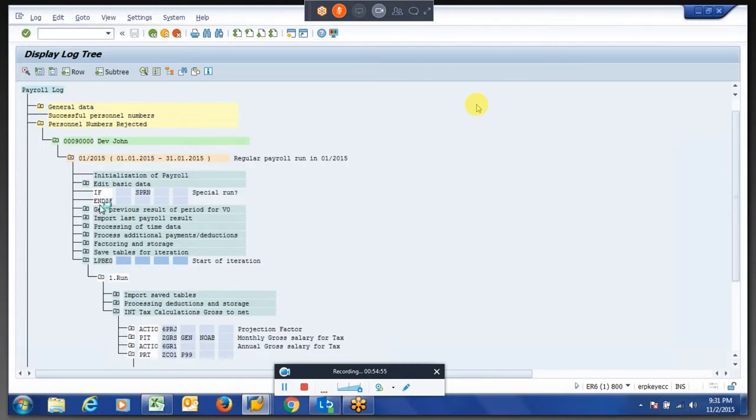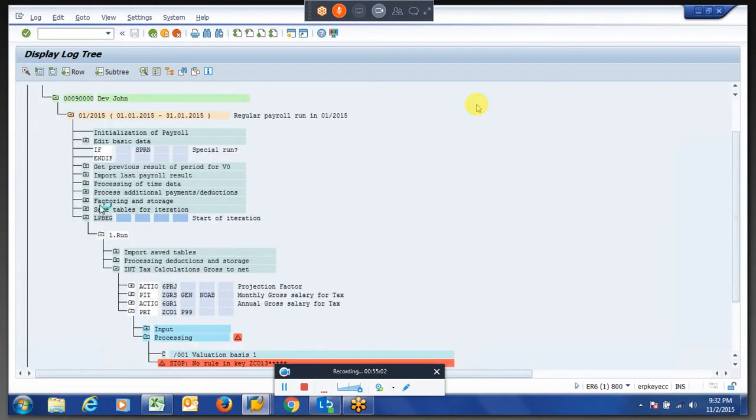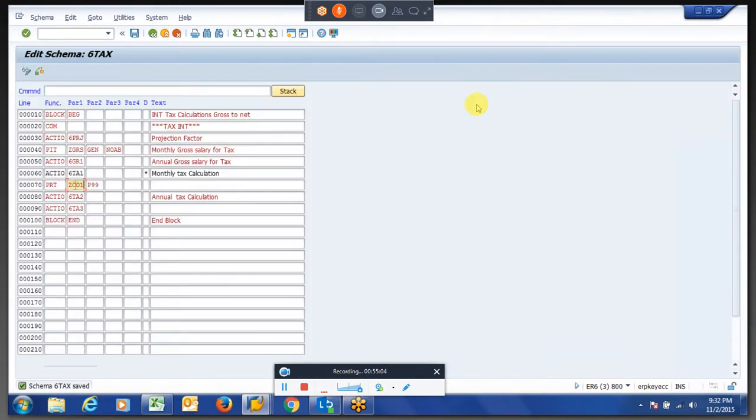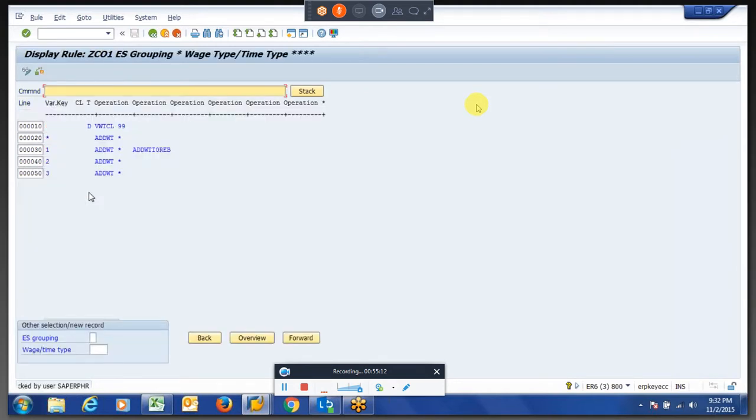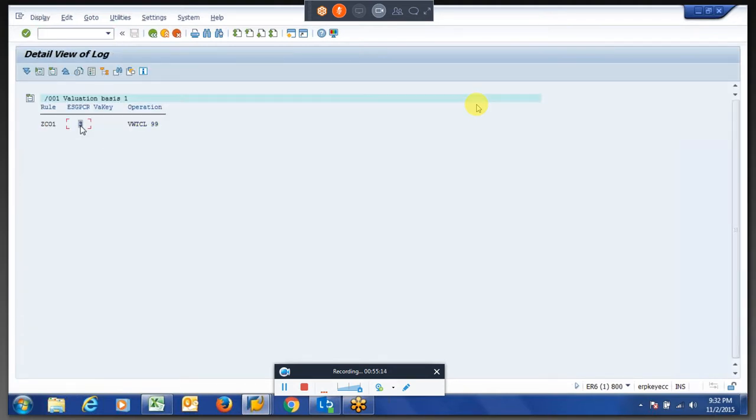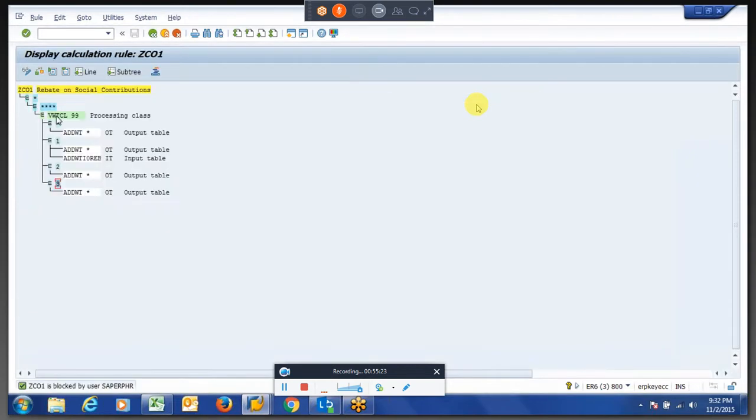So for three waste types we created, I think, right? We'll see. Okay.